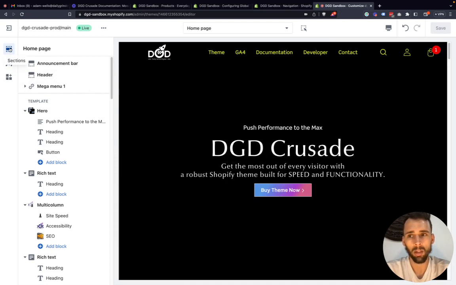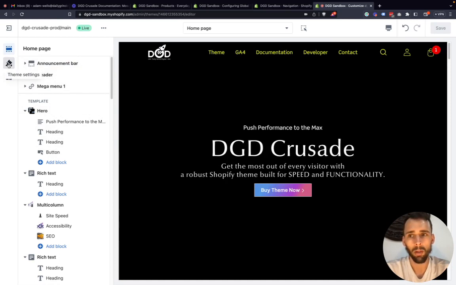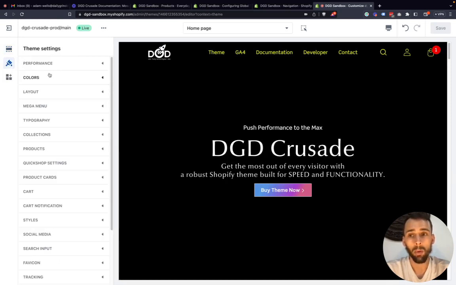and you're in the sections area. So if you look in the top left of my screen, we're in the sections part of the theme. You want to go to this paintbrush that says theme settings, and now we are in the theme settings. So I'm going to go through all of these settings one by one, and we're just going to start with